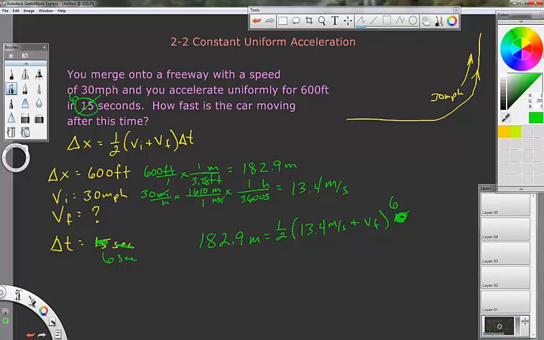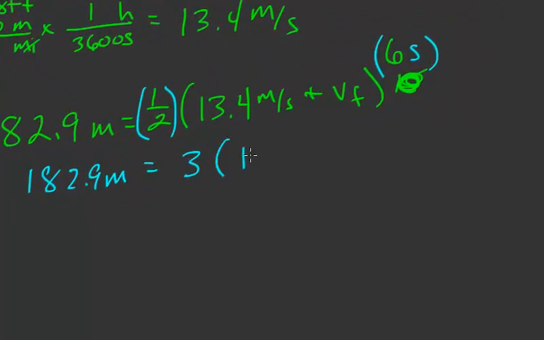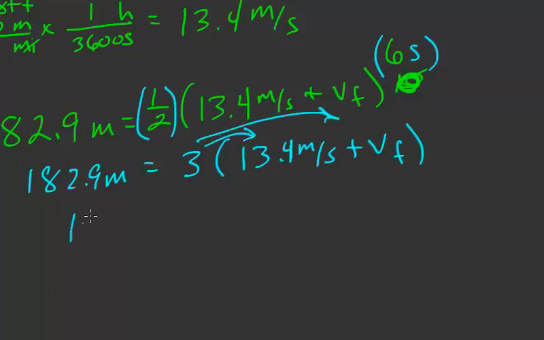So, yeah. To finish this problem off now, we'll have 182.9 meters equal. And the trick to doing this is we can take this 1/2 and this 6 seconds here and just multiply them. So half of 6 is 3. Check that out. VF. And then we would distribute this 3 through here. All right, so it's 182.9 meters equals, that's what I get, by the way, for making a problem up without double checking it. 3 times 13.4